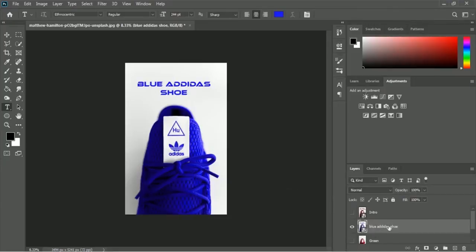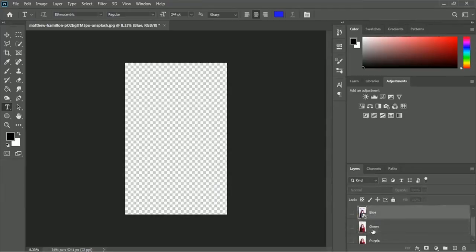Okay, done. And we have to rename these things, so you just have to double click on here, and let's write blue. Okay, so let me turn off these blue layers, and right now we will work with green and purple layers. So at first we have to work with the green layer, so you just have to turn on the green